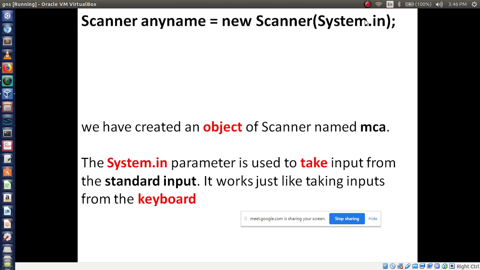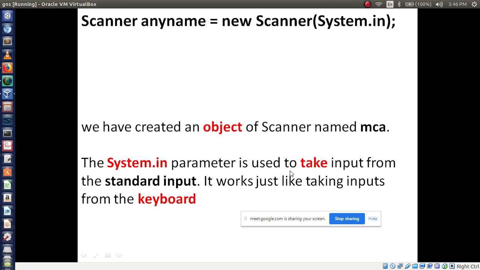System.in is a parameter. Scanner is a class, any name is an object name. Please write this down. Scanner is a class, any name is the object name. Then System.in is a parameter.